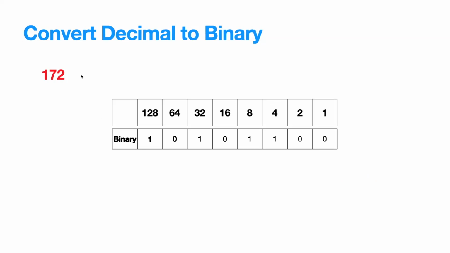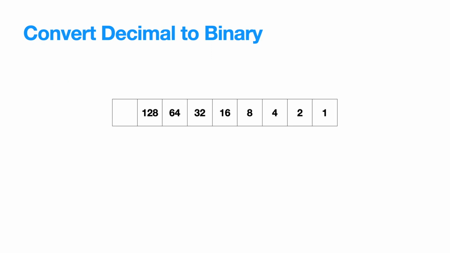This is one way of doing it. The other way is using arithmetic calculations. This is the quickest way to do this. So we'll see how to do this. I am using the same number, 172, the decimal value. Now we have to find out from the table, by adding which of the table values we can get this 172 decimal value. First, you can select the first value, 128,